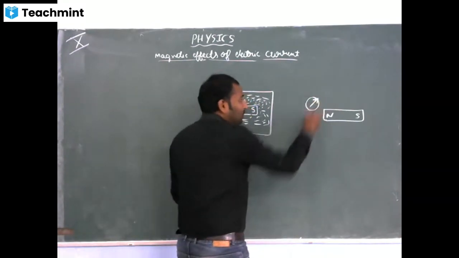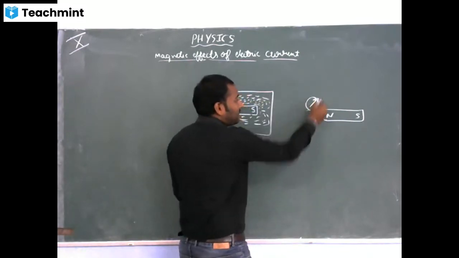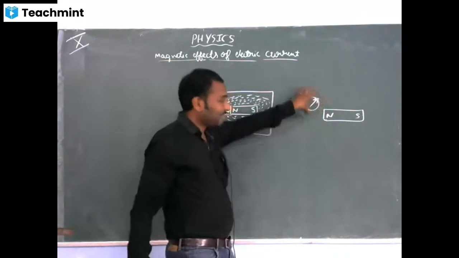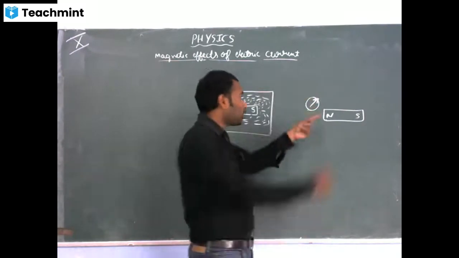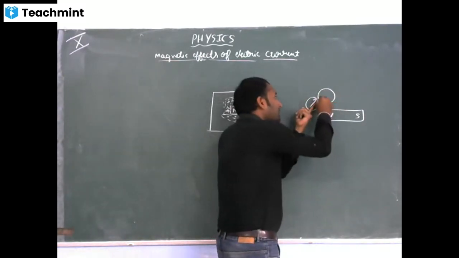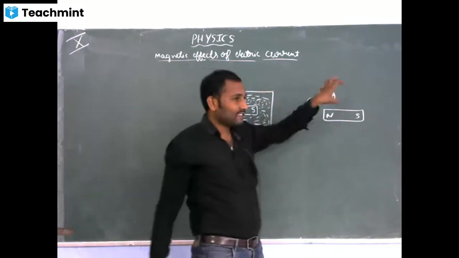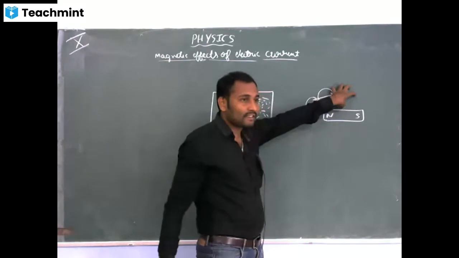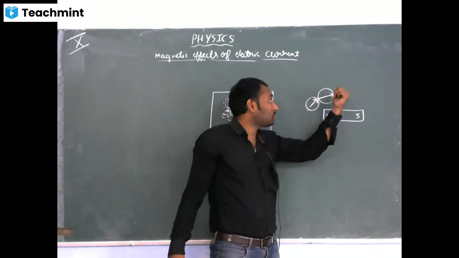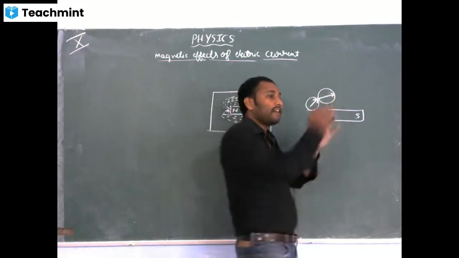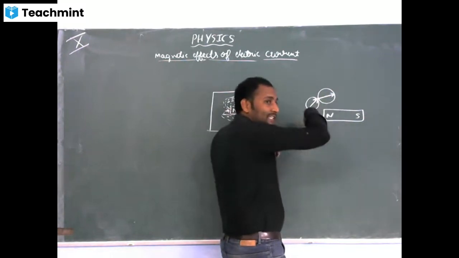Now at the end of the north pole, again I'll place the same compass needle and make a point here. Then I will take the compass needle again and place it next to the end of the north pole. So the south pole of the needle will be placed at the end of the north pole. Again I am getting deflection like this. Again I will take the same compass and place it in the next position, that is, the south end should be at the north pole. Clear? The south end of the compass needle should be towards the north pole of the previous point.